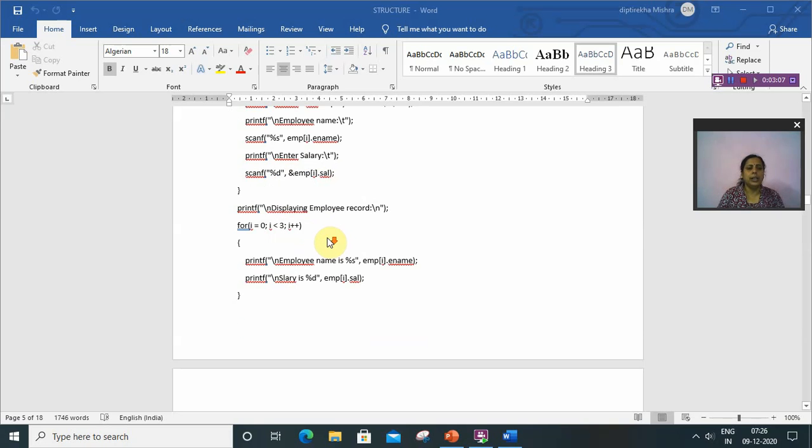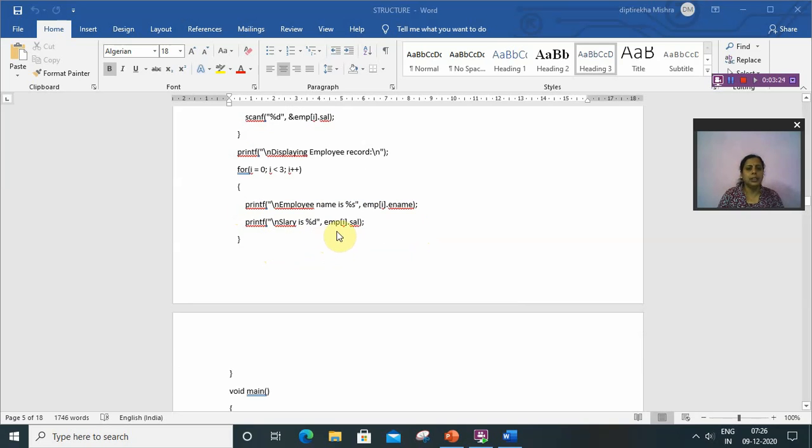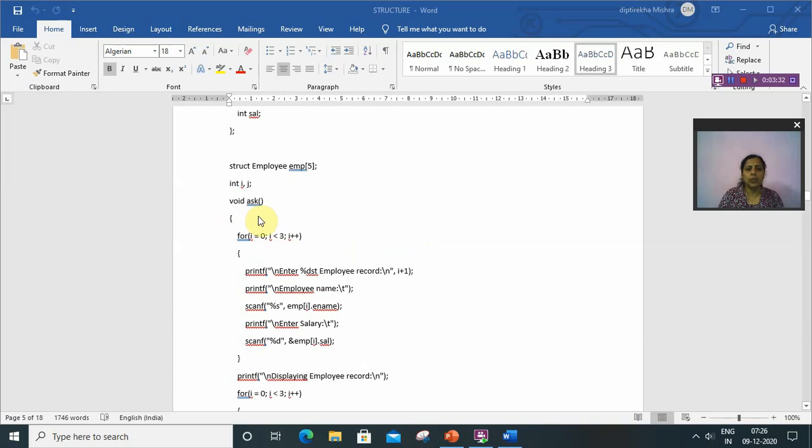In this way we also display the record. For displaying each employee record, we are using a for loop again. In this for loop, we are displaying emp[i].ename, which will display the employee name, and emp[i].salary, which will display the employee salary. So this is done in the function void ask.